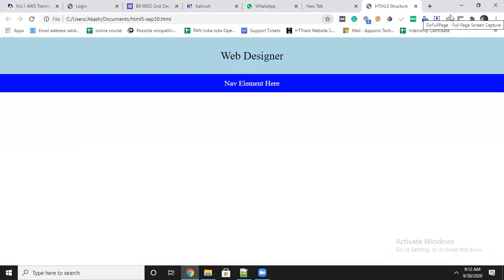Now next element comes section tag. What is the use of section tag? If you want to make blocks in the web page, then you can make it as a section. Previously everything in HTML4 depended on the division tag. Now it is a text division. That's why division tag is called a non-semantic tag. This header, navigation, section tag is called semantic tags because each has its own meaning. Division we will use everywhere in HTML4. That is the reason. Let's say I will take a section tag now.